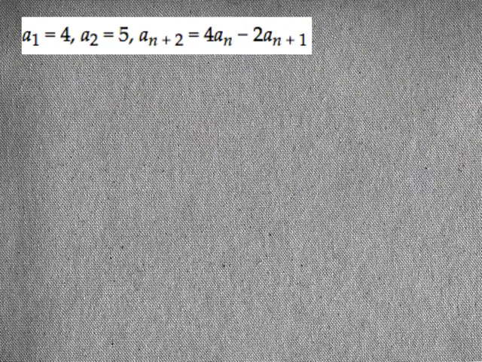Last example, same thing, find the first 5. So I'm going to make a list here. A sub 1 we already know is 4. A sub 2, let's see, oh, it's 5, good. A sub 3, we don't know, so let's take a look here. We have to use this formula here,